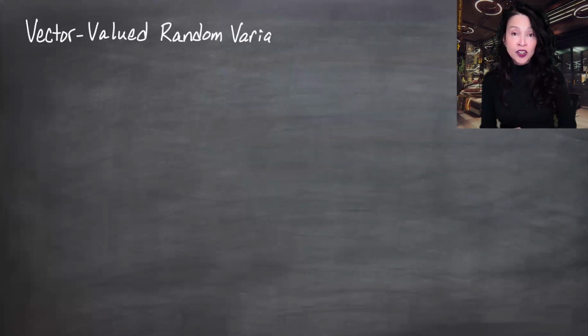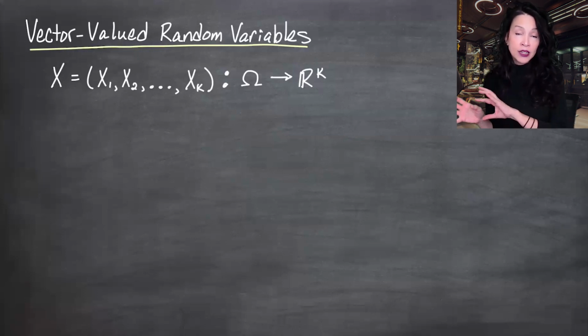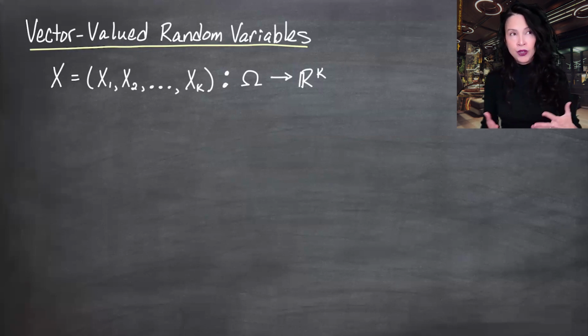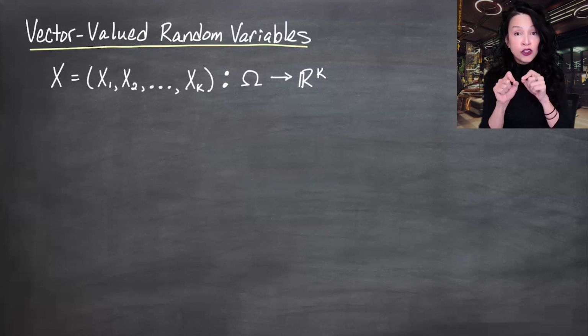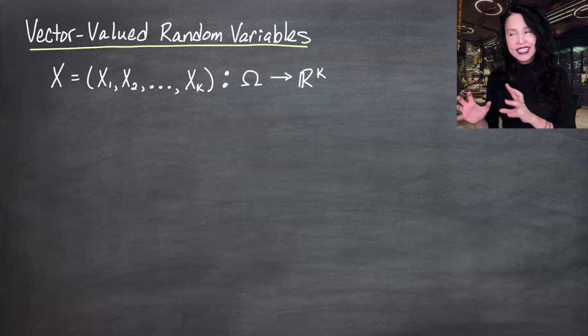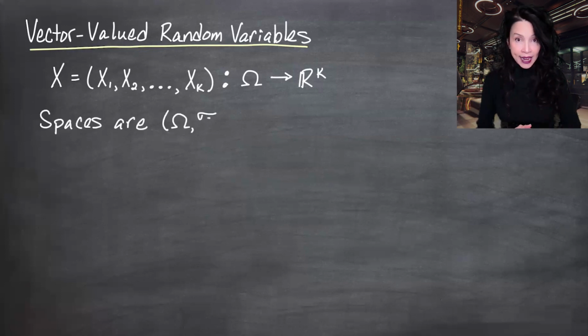For a vector valued random variable, we might also call it X, but it would consist of k components, capital X1 through capital Xk. And this is going to be a function that takes in points in omega and returns points in R^k, the k-dimensional reals. We can think of this as X of omega equaling X1 of omega, X2 of omega, out through Xk of omega. Once you put those omegas in there, it is just a k-dimensional real number. The relevant spaces here are, as I said, omega and curly F, and the k-dimensional reals, and the Borel sets on the k-dimensional reals.